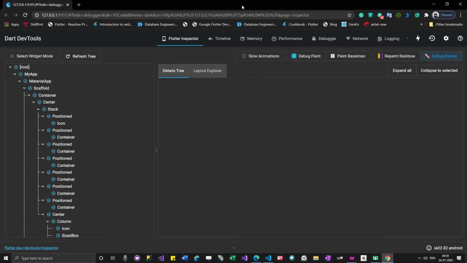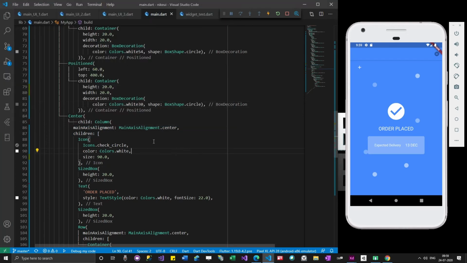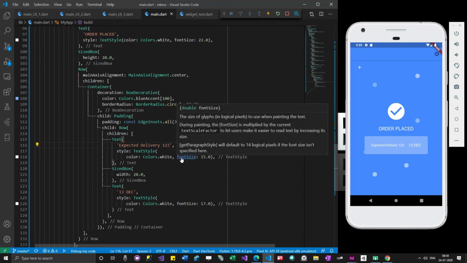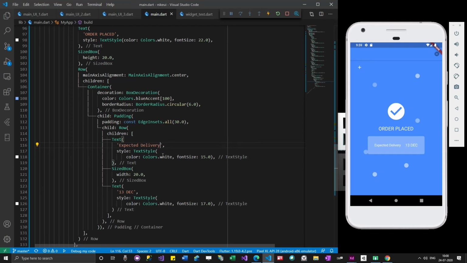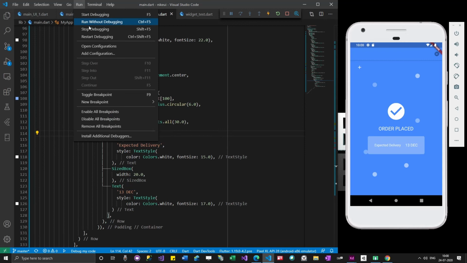So it has opened. Using this tool is part of debugging your apps. Sometime back, in order to check whether changes are being delivered or not, I just changed something and then rolled back. This is also a debugging skill, but most development environments come with some sort of debugging tools. If you go here, under run, you can see some options: stop debugging, start debugging.